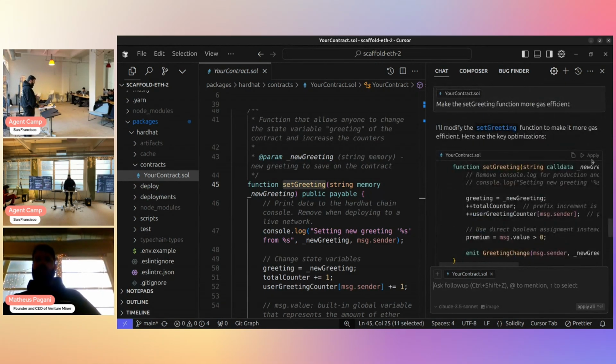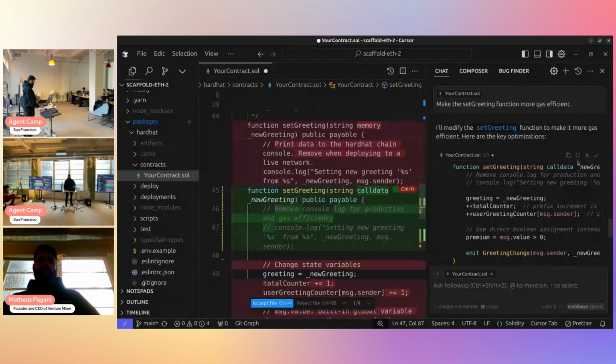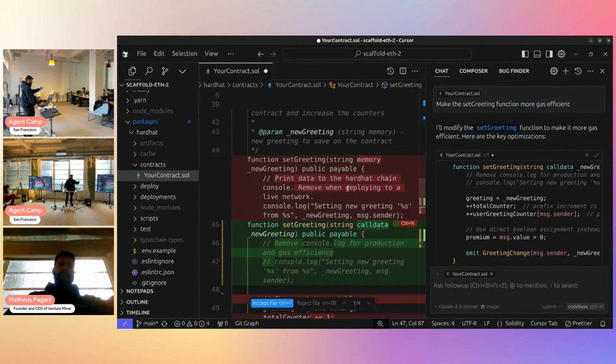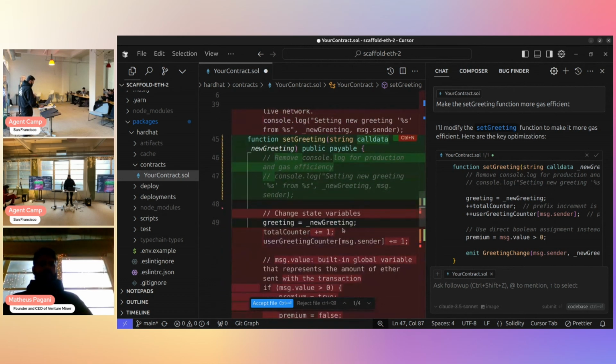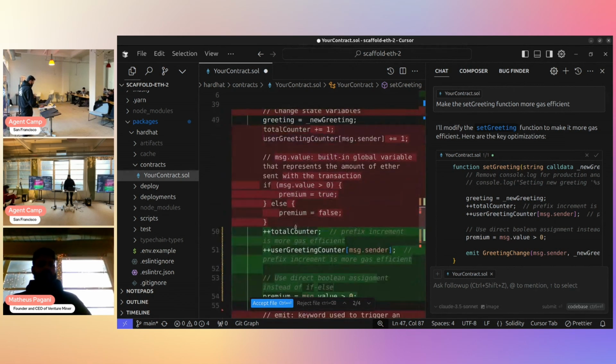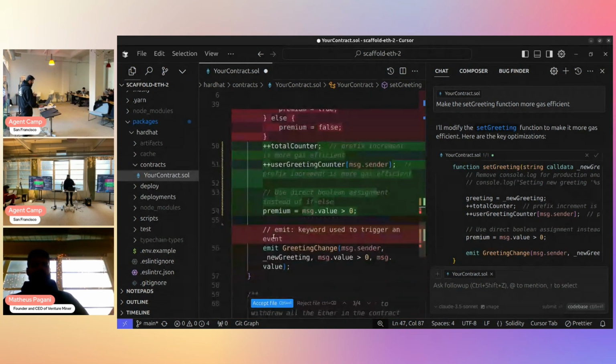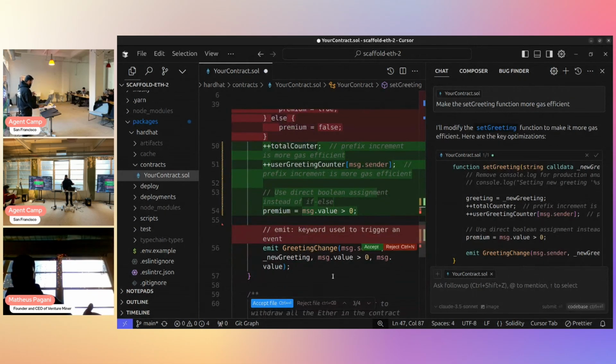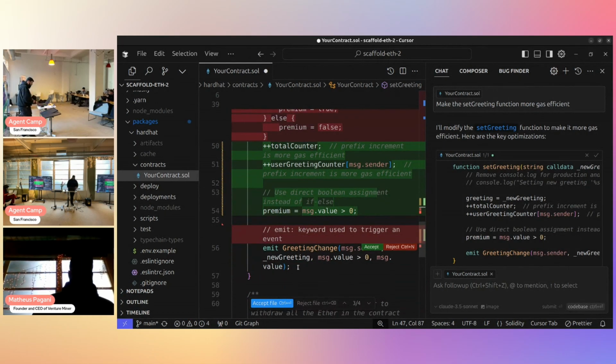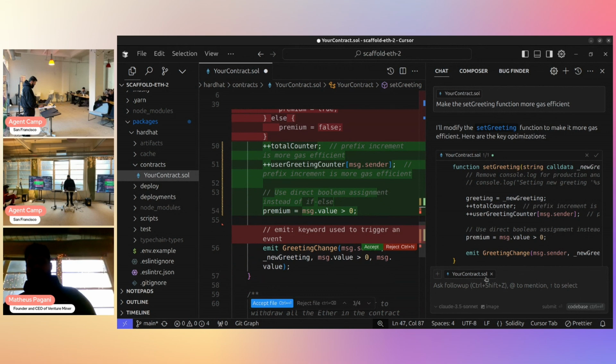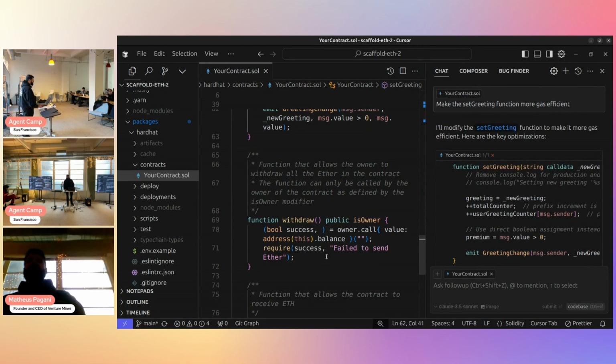You are peer programming now. You should review these changes yourself. So removing console log, total counter doing plus plus, okay. Removing the if and else, doing some changes. I guess some of this is wrong, so you reject it all. Reject, okay. But you got the point, you can make those changes from the chat.